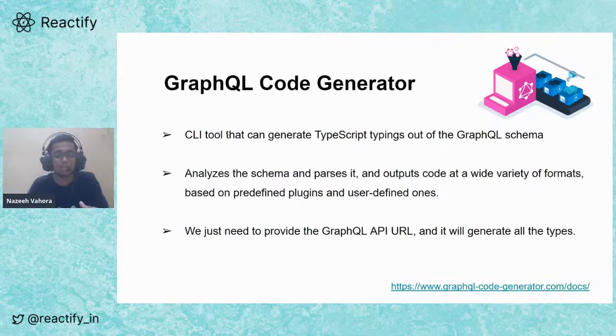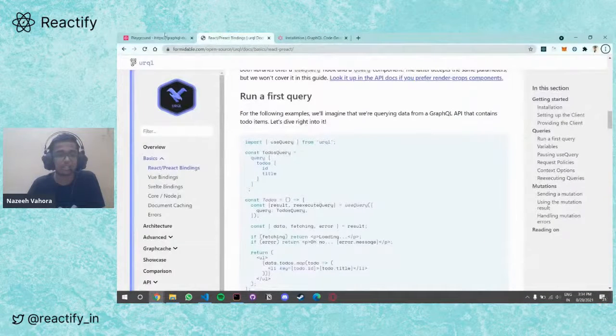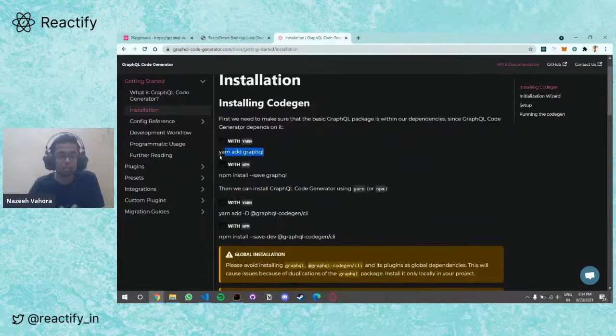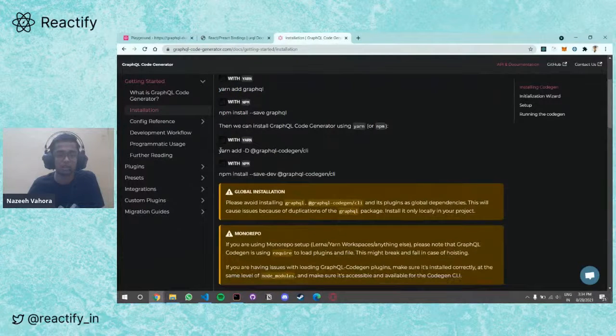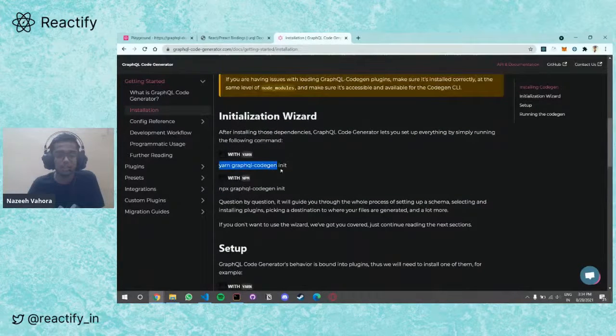So it will help us not to encounter any errors, and it will prevent our web app from breaking. So let's head on to the docs and install this in our web app. Again, as I said previously, I have already added the package in my web app to save time. In order to install, we have to follow the steps. I am using Yarn, so I will use this, then this,